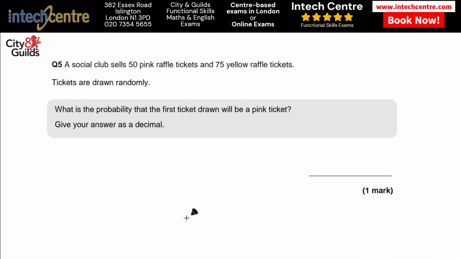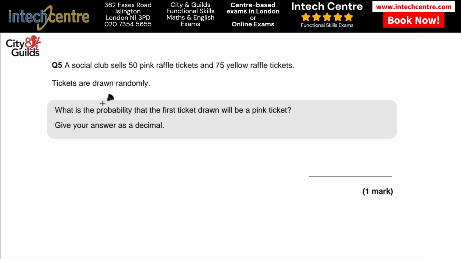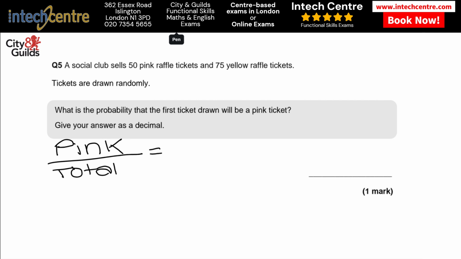For question 5, we are told that a social club sells 50 pink raffle tickets and 75 yellow raffle tickets. Tickets are drawn randomly. What is the probability that the first ticket drawn will be a pink ticket? Now, to work this out, for probability pink, we essentially want to know what are the chances that we get a pink ticket out of total tickets. Now, we know that we have 50 pink raffle tickets. So there are 50 pink ones